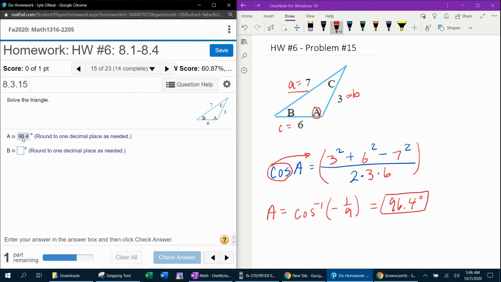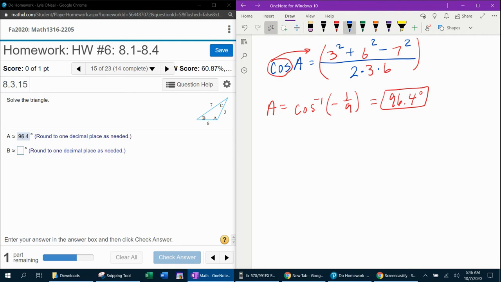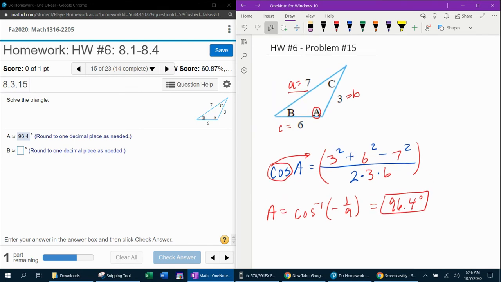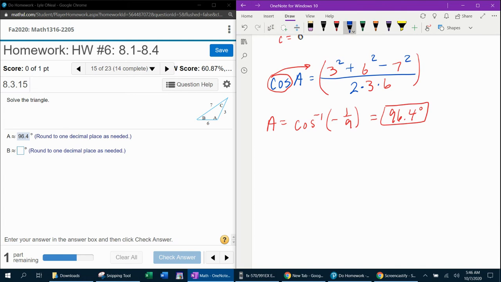Angle B. Again, we're going to use the law of cosines for angle B. I guess we could go back to using the law of sines if we wanted to, because now since we know angle A is 96.4, notice we now have an angle and the side across from it, so we could use the law of sines if we want to. But I'm going to continue to use the law of cosines simply because we need to practice the law of cosines. So for angle B, that formula is A squared plus C squared minus B squared all over 2 times